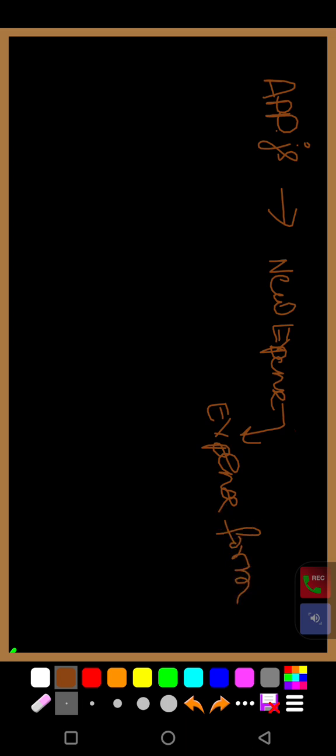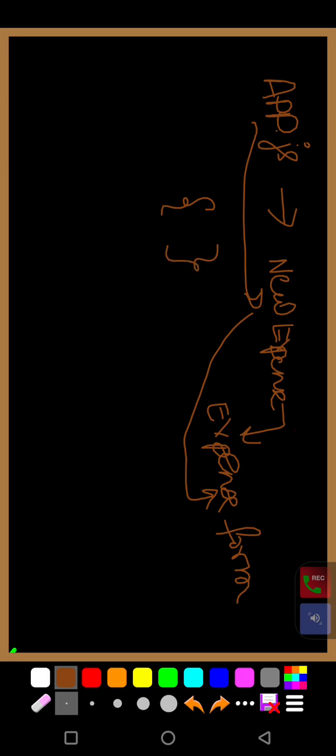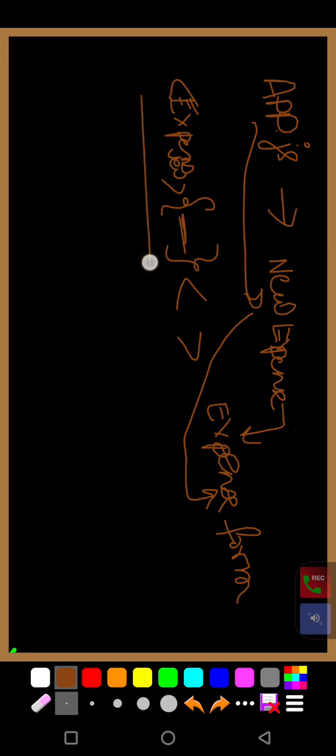Okay, so you have known how you will pass data from app.js to new expense and new expense to expense form using props. You simply know that some variable can be wrapped around these curly braces, and in whichever component we want to call, there we'll tag it with this expense new or new expense tag, and then we can call it. Okay,